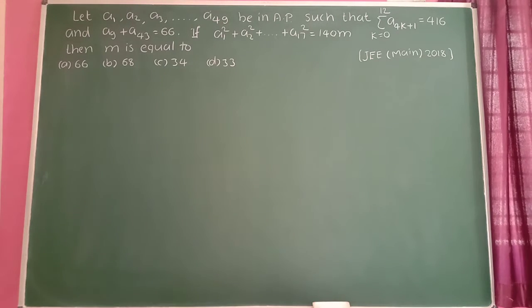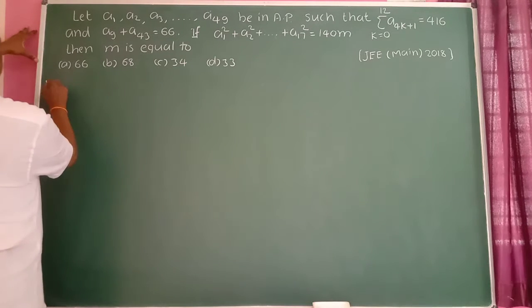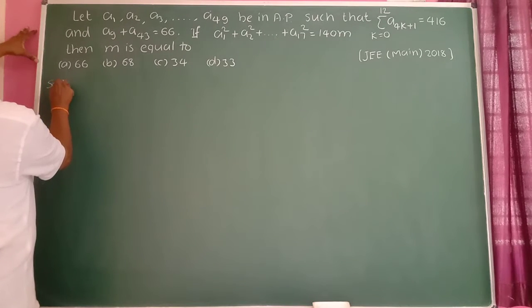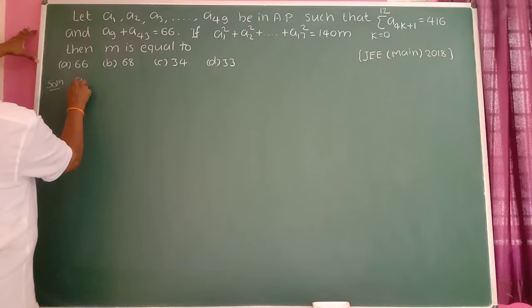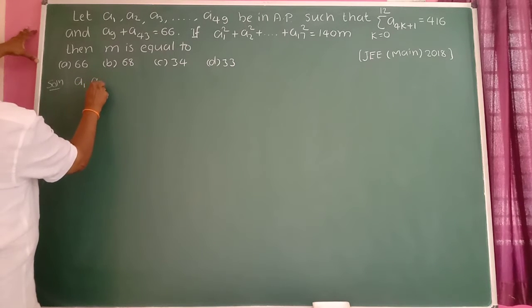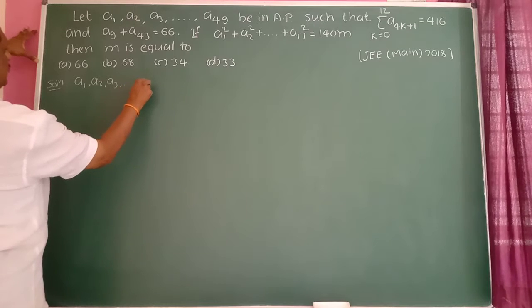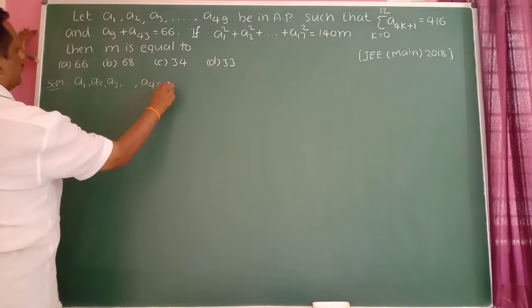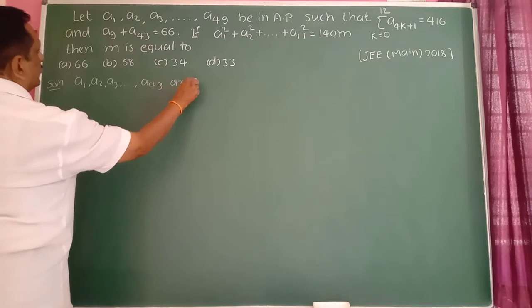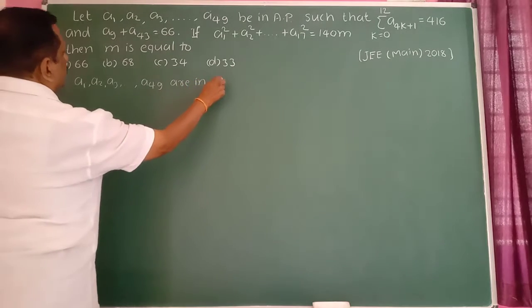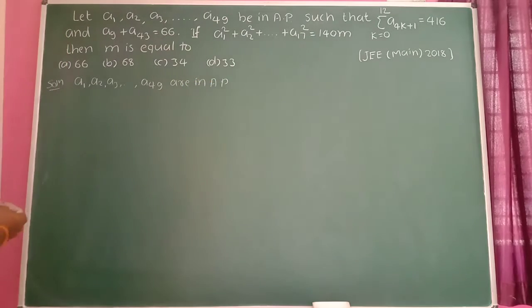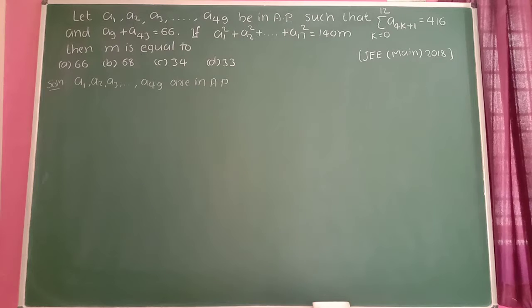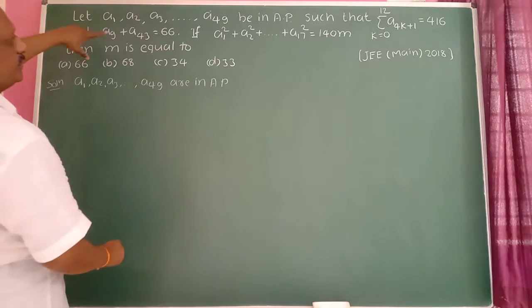Here they give that the terms are in AP. So take the solution. A1, then A2, A3 and so on, A49 are in AP. They are in the AP. Then they have given here